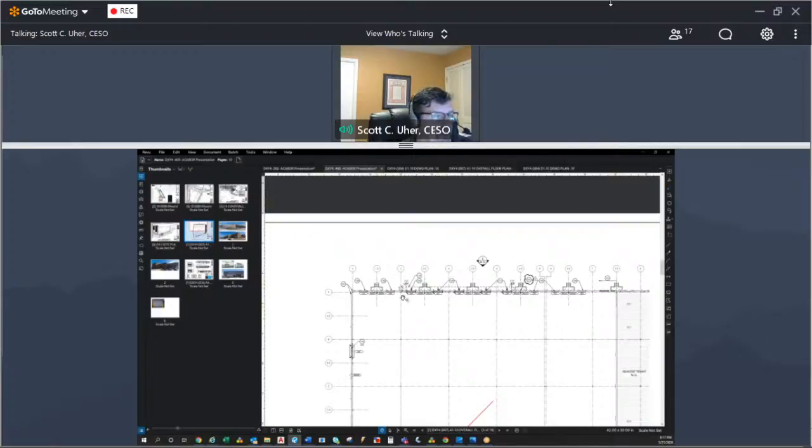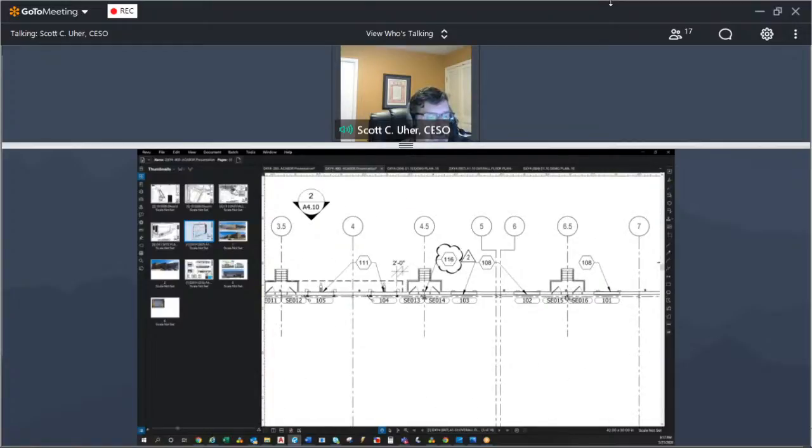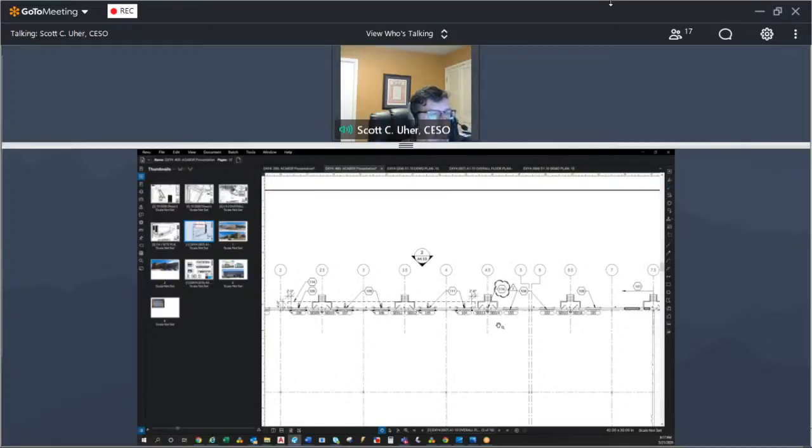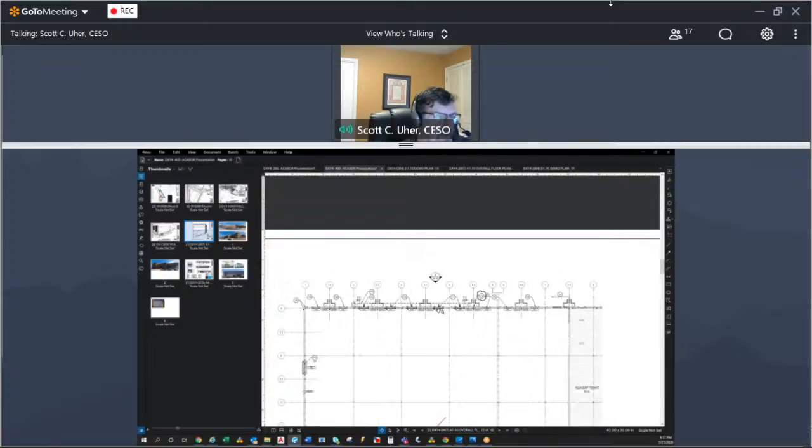All these existing stairs that are here right now will remain, and all these pedestrian doors will be for egress purposes only. One of them will be used for truck driver access into the interior of the building.